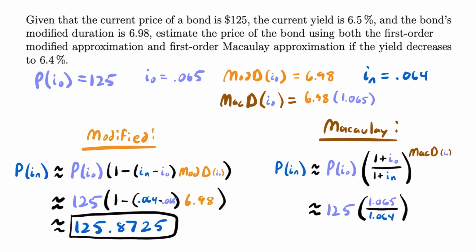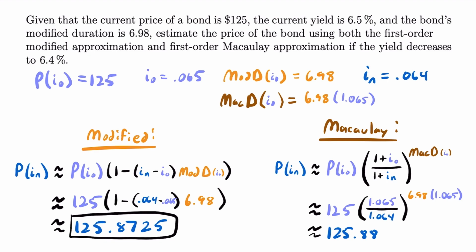We take the modified duration of 6.98 and we multiply it by 1 plus the original interest rate, 0.065. Okay, so if you plug this into your calculator, you take 1.065, divide it by 1.064, take it to the power of 6.98 times 1.065, and then multiply all of that by 125, you should find that the new price of the bond is approximately equal to